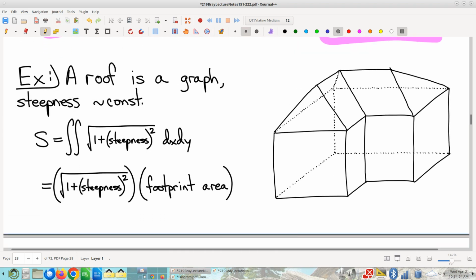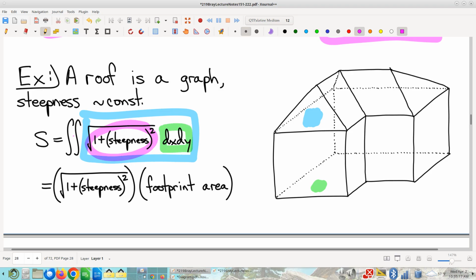All you've got to do is realize that each little piece of area on the roof is sitting over some little piece of area in the footprint. And the area of that piece of the roof relates to the area of that piece of the footprint by way of the stretching factor, which we have just established is constant,